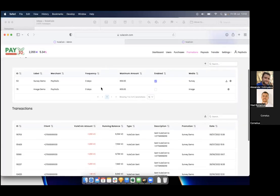How this works is every transaction is converted into VulaCoin and paid into your wallet. On each transaction, we calculate what the transaction fee was, and we give you a blended transaction fee rate on all your transactions that have come in. When you're ready, you can either set up a payout schedule to pay out daily, weekly, or monthly, or you can manually cash out when you're ready to cash out, and this will then be paid out to your bank